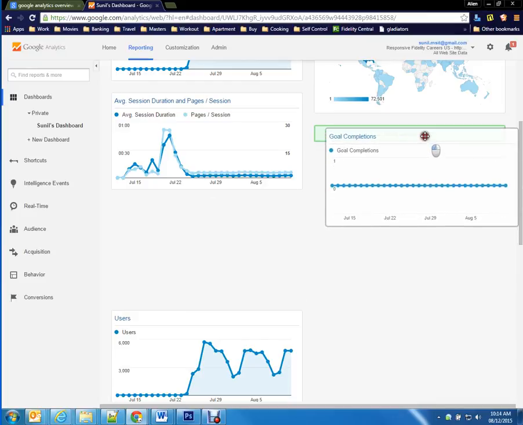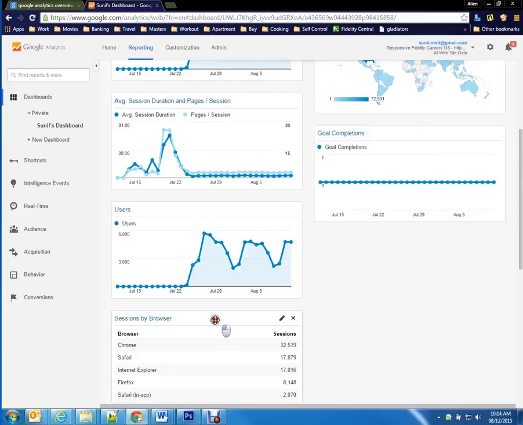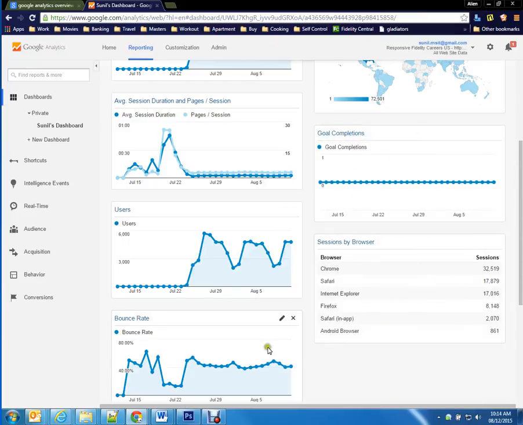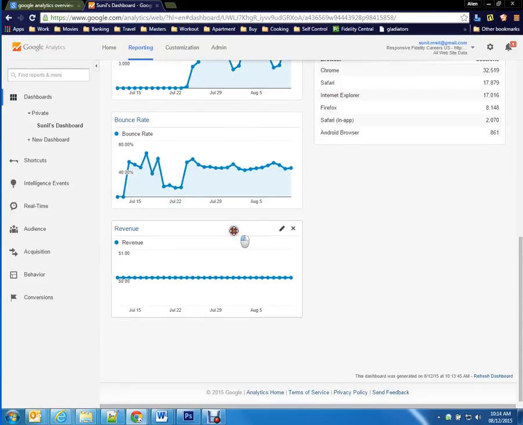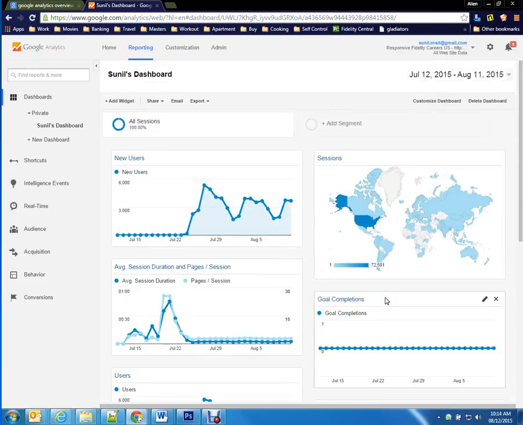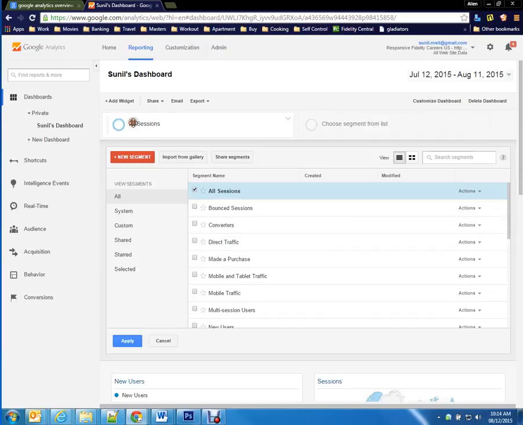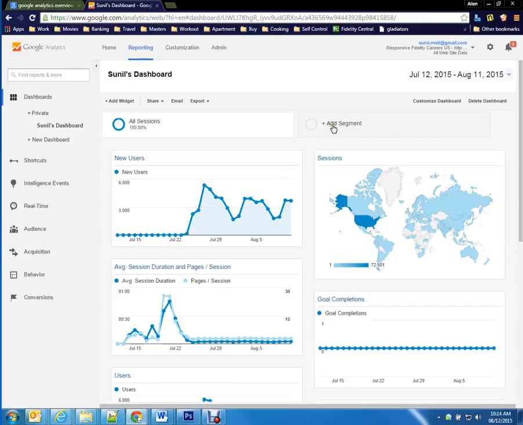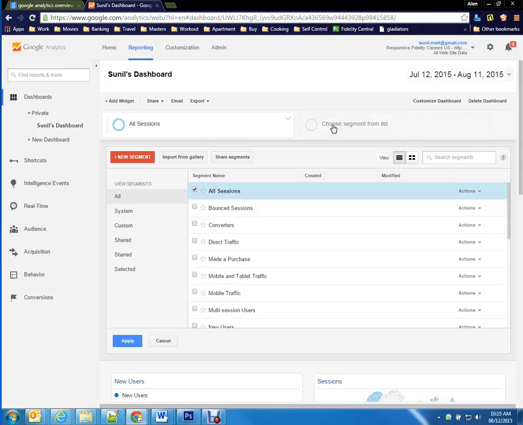For example, you're seeing over here, I can organize my dashboard so the information is easily accessible when I want to view it. It depends who is viewing the information and what information you want to view. And here we have a segment called All Sessions, and we can try to add new segments in case we wish to. So for example, I go back, click on cancel, I'll click on add segment,